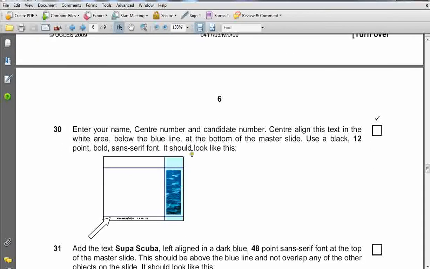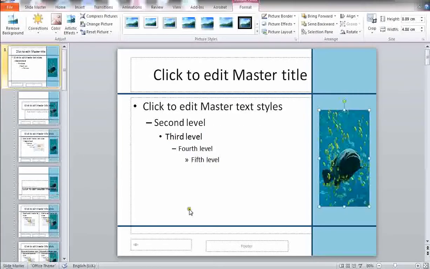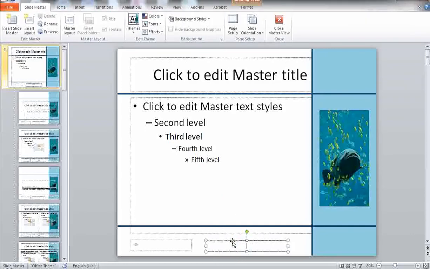Next question is enter your name, centre number and candidate number in the centre below the bottom blue line. Black 12 points bold sans serif font. Sans serif font is any font without the ears, the little tails. So if I click on this middle box here, I'm just going to put my name, candidate number, centre number